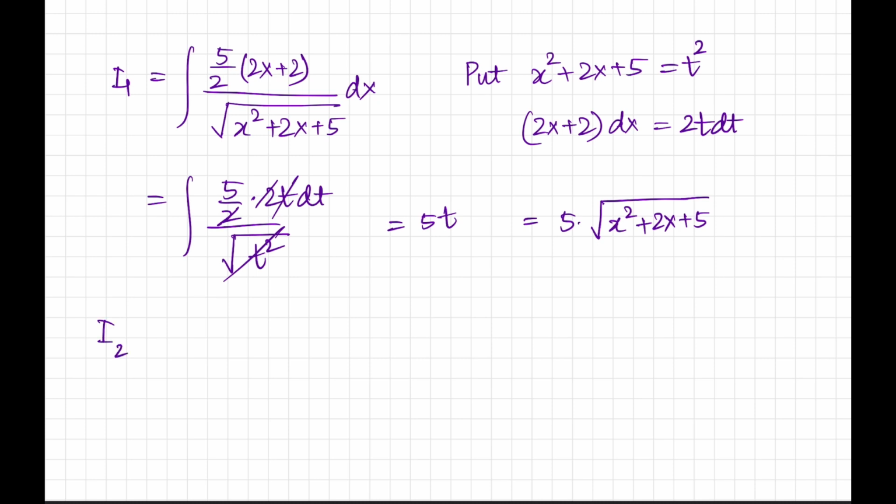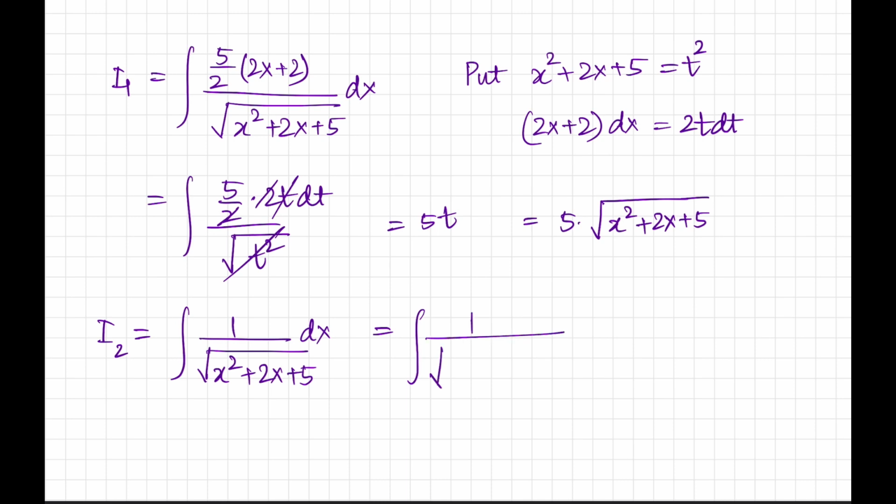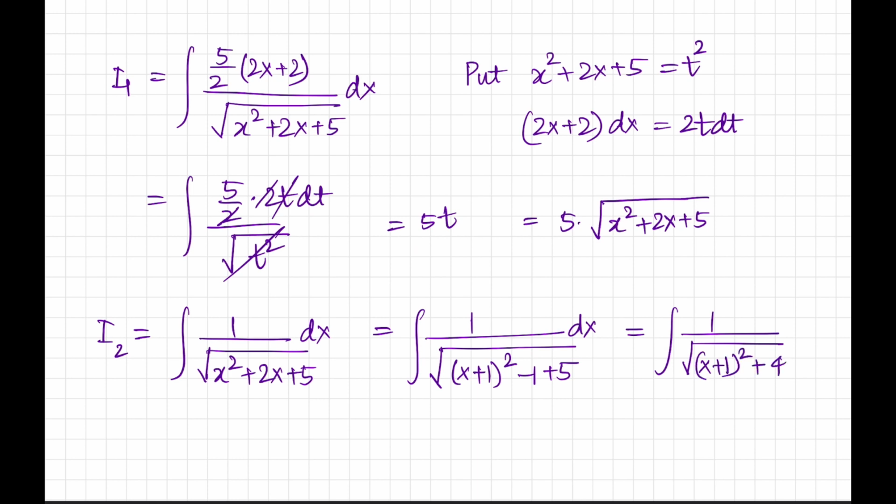Now I2 is nothing but integral of 1 by under root of x squared plus 2x plus 5 dx. तो यहाँ पे हमने इसको लिख लिया इंटीग्रल ऑफ 1 बाय अंडर रूट ऑफ, इस क्वाड्रेटिक एक्सप्रेशन को we will convert it into a perfect square. So we get x plus 1 whole squared minus 1 plus 5 into dx, and this is basically equal to 1 by under root of x plus 1 whole squared plus 4 dx,